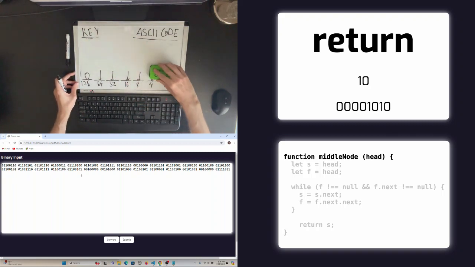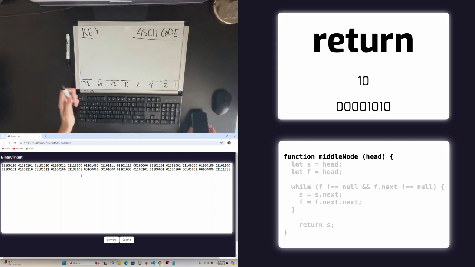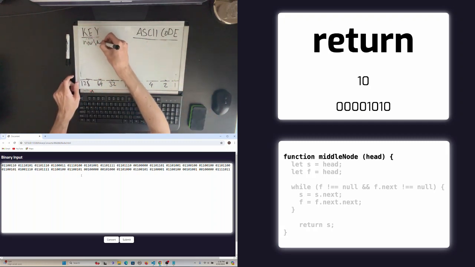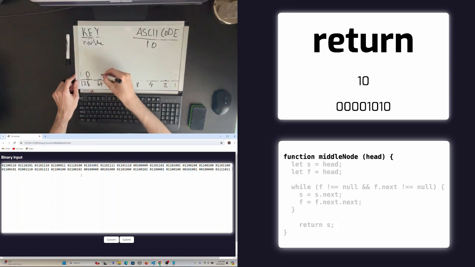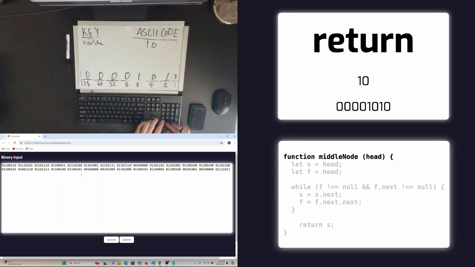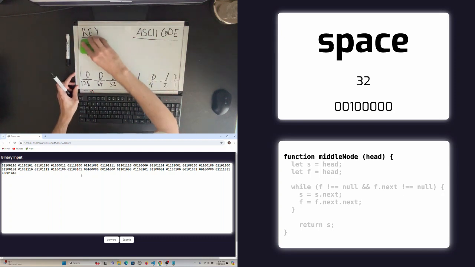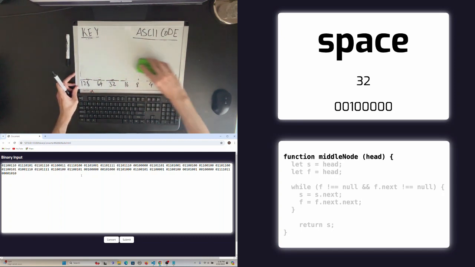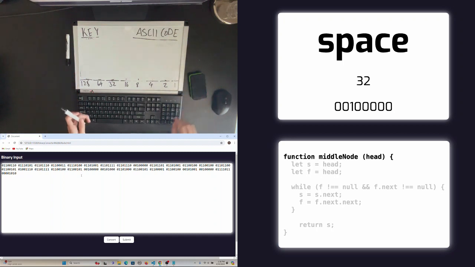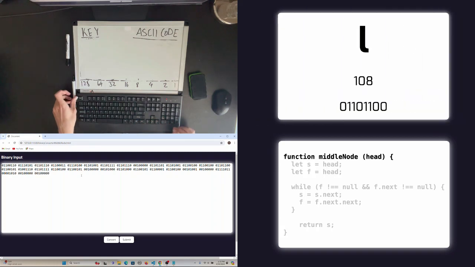Let's go ahead and go on to a new line. So that's going to be new line, which is a code of 10. Awesome. So we're on a new line. Since we're inside of the function, we're going to want to have a little bit of indentation. So I'm going to add in 2 spaces. Now that we've got 2 spaces,